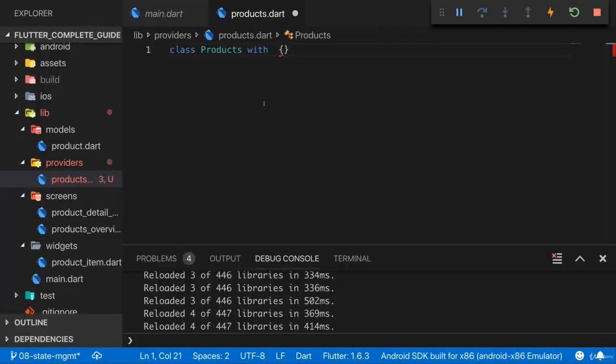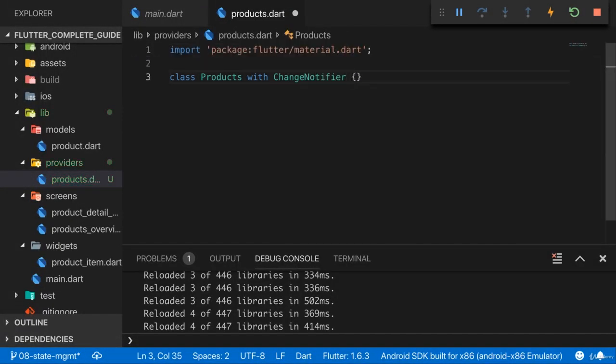And the class we need to mix in here is the change notifier class, which is built into Flutter and which you enable by importing the Flutter material Dart package here. Change notifier is basically kind of related to the inherited widget, which the provider package uses behind the scenes. An inherited widget, whilst we won't work with it directly, is simply a widget in Flutter which allows us to establish behind the scenes communication tunnels with the help of the context object which we're getting in every widget. So this products class now mixes in the change notifier here,